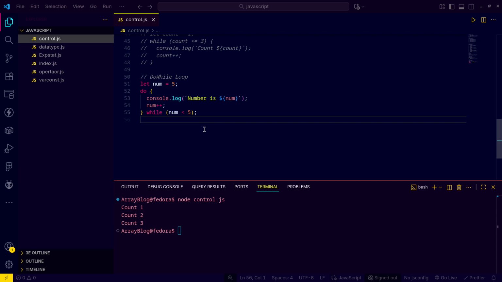Here what we are going to do, we are declaring num as 5, and we are saying do this and then increase num plus plus. And here what we are asking is num less than or equal to 5. That is not true, and still it will run. So let me clear this and run this. Say it's a number is 5,